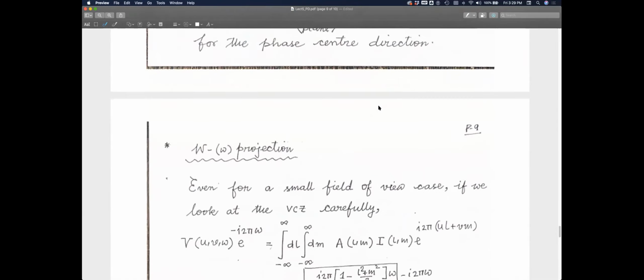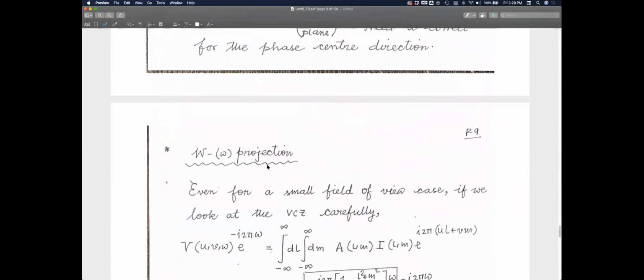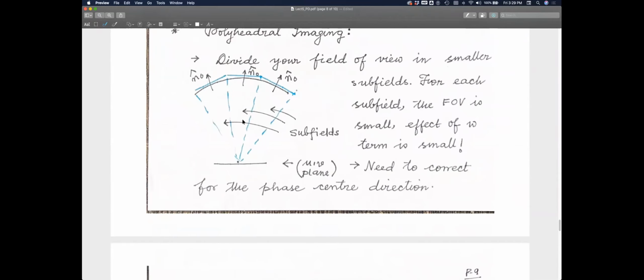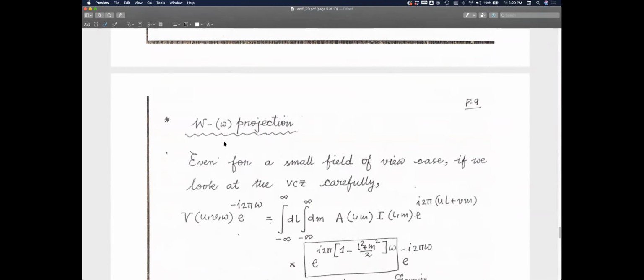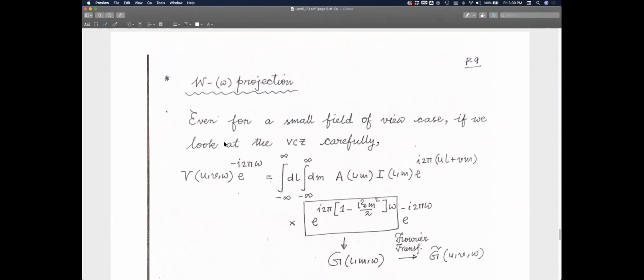But that doesn't solve the problem of the W term quite well. Actually, if you really want to keep the W projection, it should be small w projection. I started with a capital W, I kept it. Then you have to be more careful. Even for this small facet, I still have a three-dimensional box over here where the measurements are done. And let's ask the question: what does that three-dimensional box measurement do?